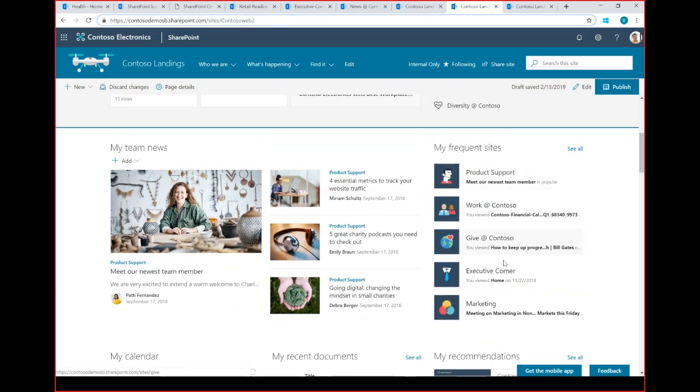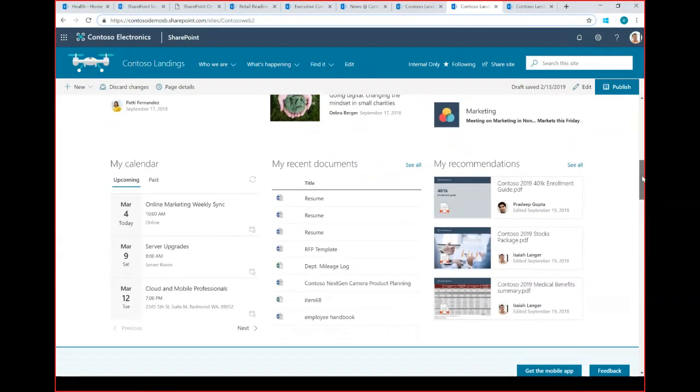You can see here we've brought that frequent news and personalization up a little bit higher into the page. But beyond just some of the other personal items that we were looking at, you can see here that we've actually brought out not just recent docs and news, but the calendar, understanding what you have coming on what days, so that you don't have to jump between lots of different apps and surfaces to find documents, find calendar information, find news. You can see here we're using the power of the Microsoft Graph to actually bring intelligent recommendations of